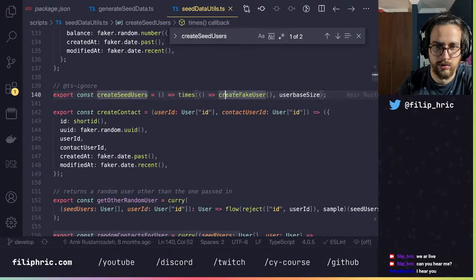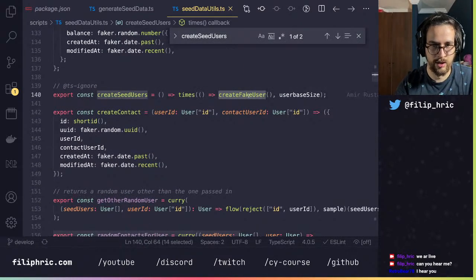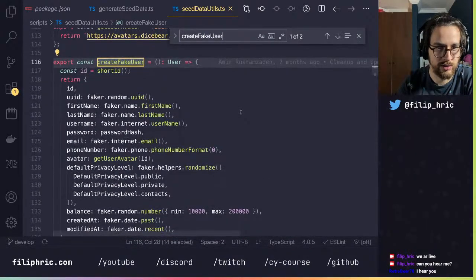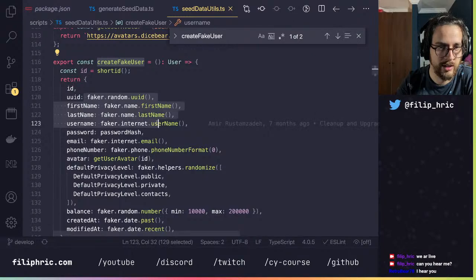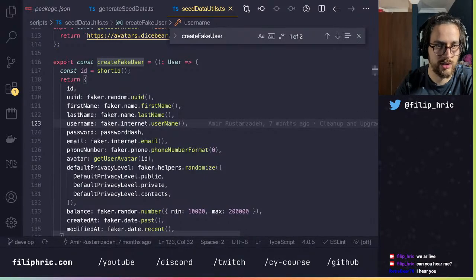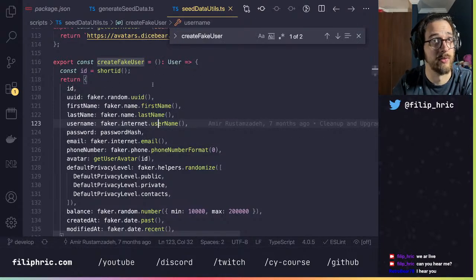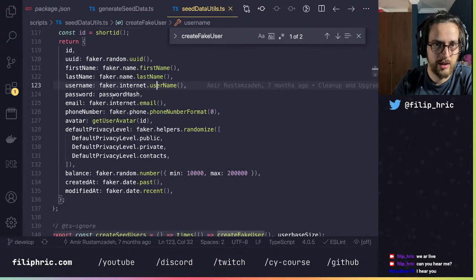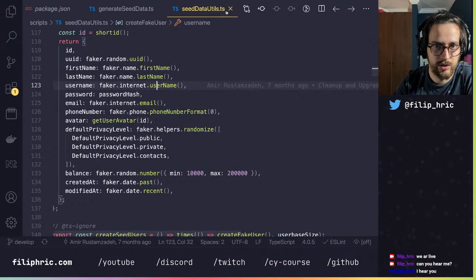Yeah, we're going to create a fake user. What is that? So it's going to randomly use faker, which is a node module that will create a fake name for you, or fake hash, fake email, and stuff like that. It's a utility that many testers are familiar with when they want to randomly generate data. So Cypress is also using faker, which is cool.